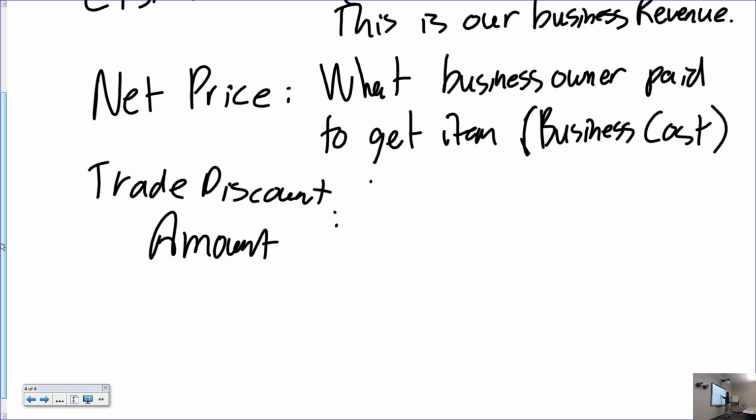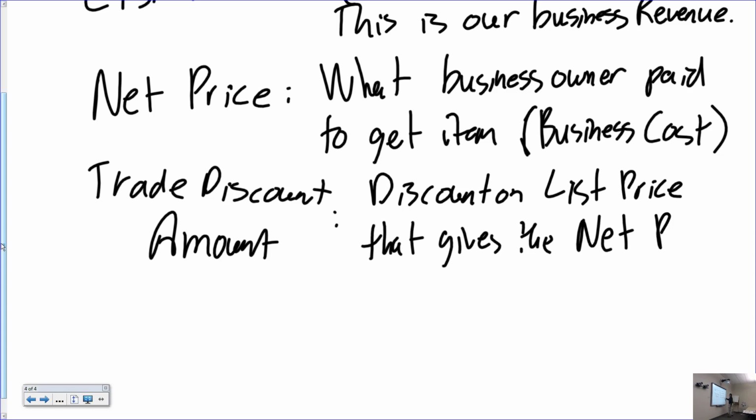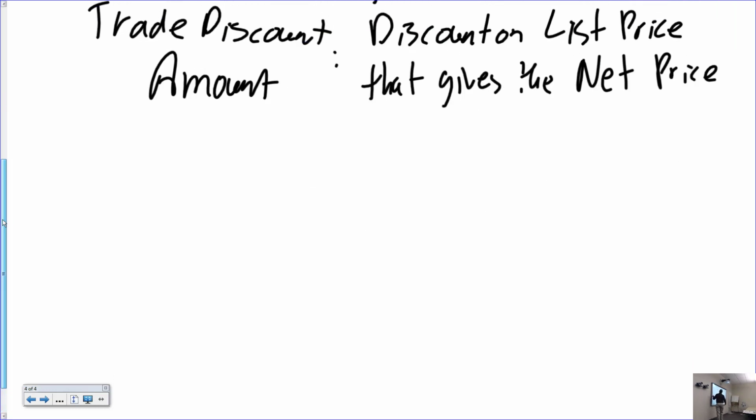Yeah, it's the discount on the list price that gives the net price. In other words, it's what you subtract from the list price to find out what the net price actually is, right? And so the basic formula that we're going to use when we work in this particular chapter